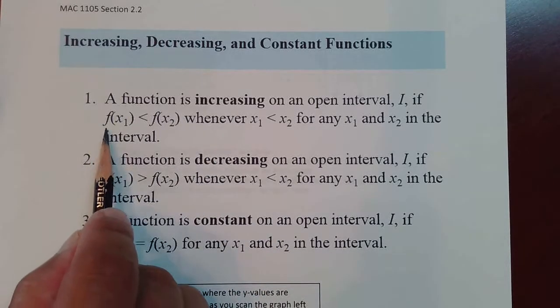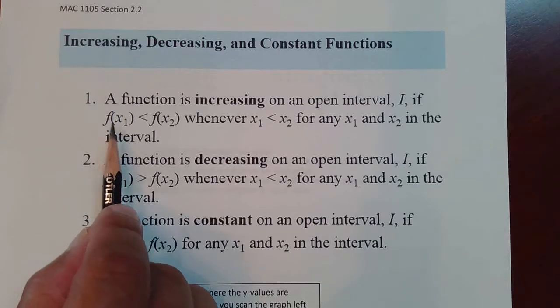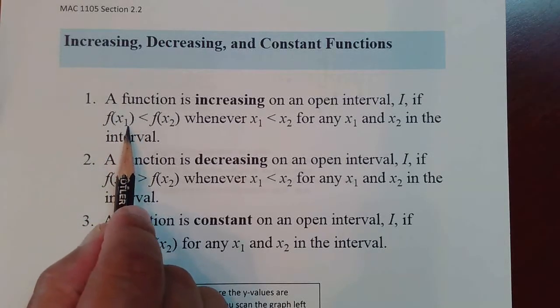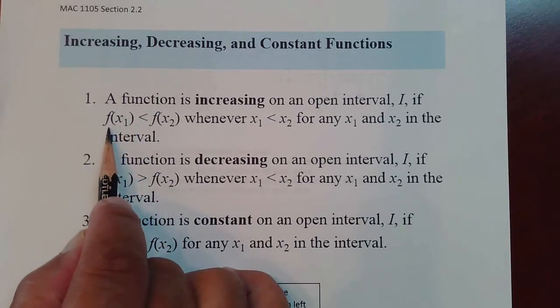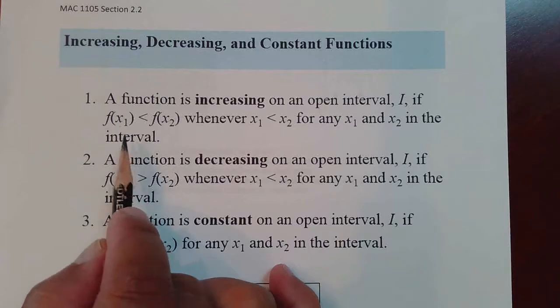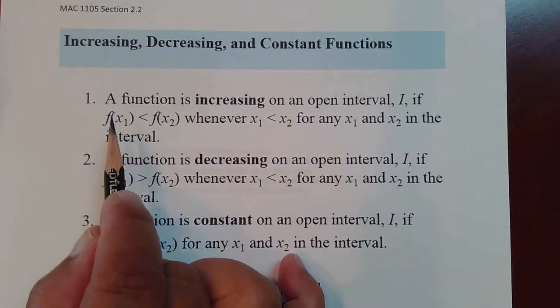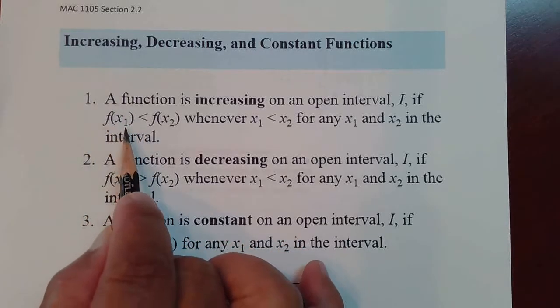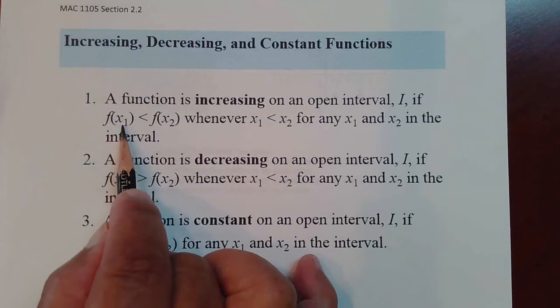So what you're seeing right here is they're talking about f of x. And if you recall, when we use the notation f of x, regardless of the subscript that's hanging here, that really means the y values. So what they're trying to say here is that you could put your finger on any x value that you like, and we will call that your first x value. And what this means as a whole is that when you do stand on that particular x value, whatever you choose to stand on as your first x value, there is a y value associated with it. And that's what f of x sub 1 actually means, that your first y value